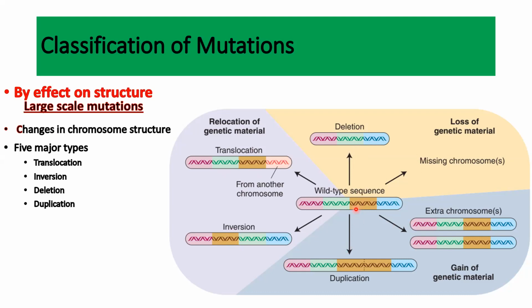Similarly, a chromosome can also undergo duplication. I mean the genetic material in the chromosome is duplicated, as can be seen for this brown part of the chromosome which is duplicated here. Similarly, duplication can also occur at the whole chromosome level. I mean a whole chromosome can be duplicated, as can be seen here.